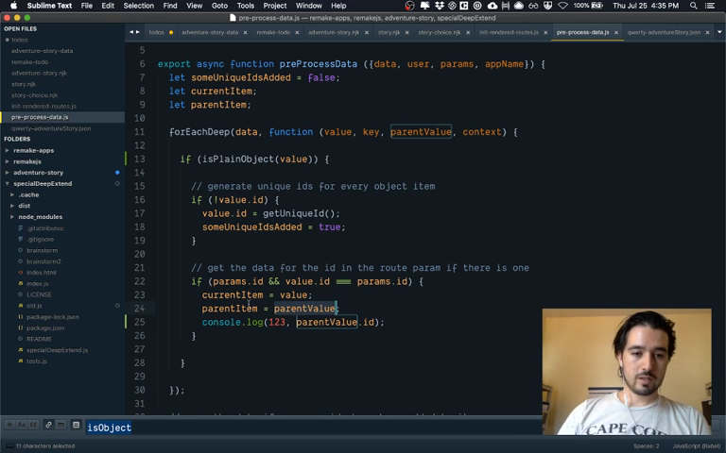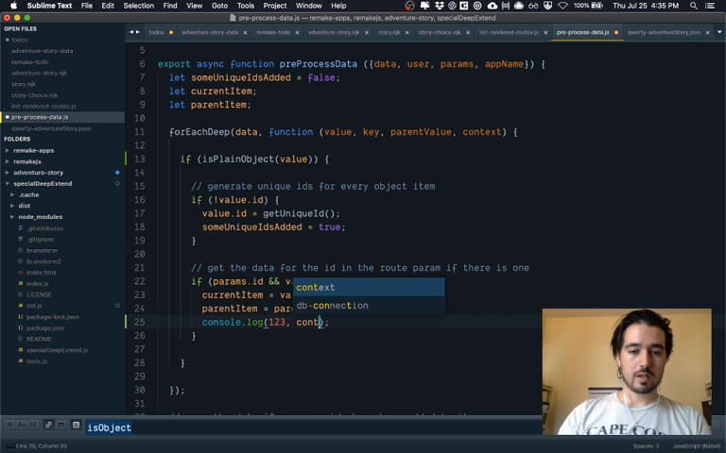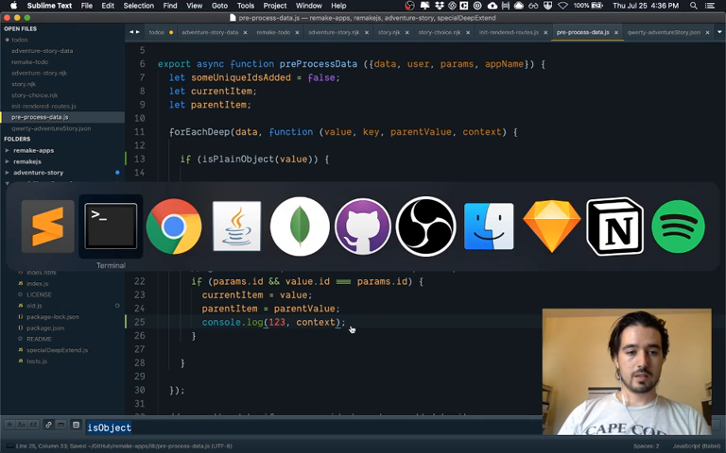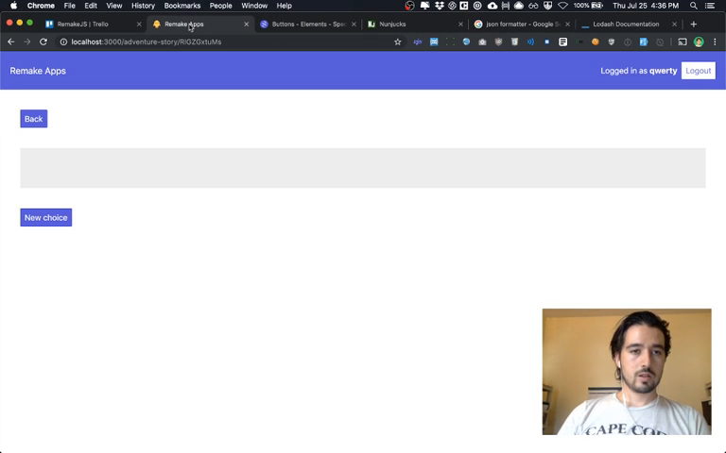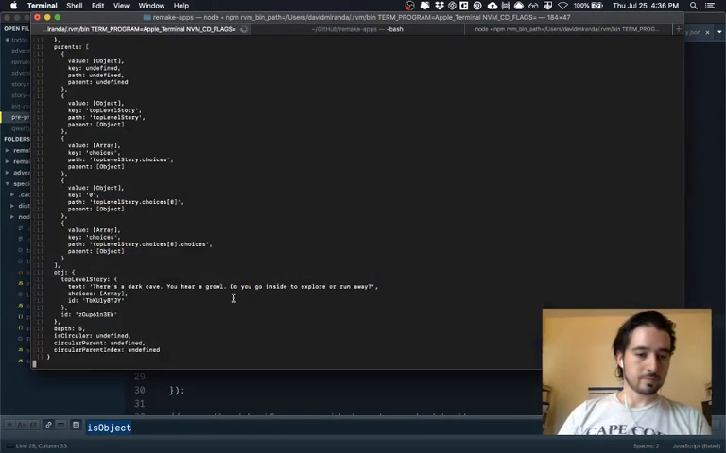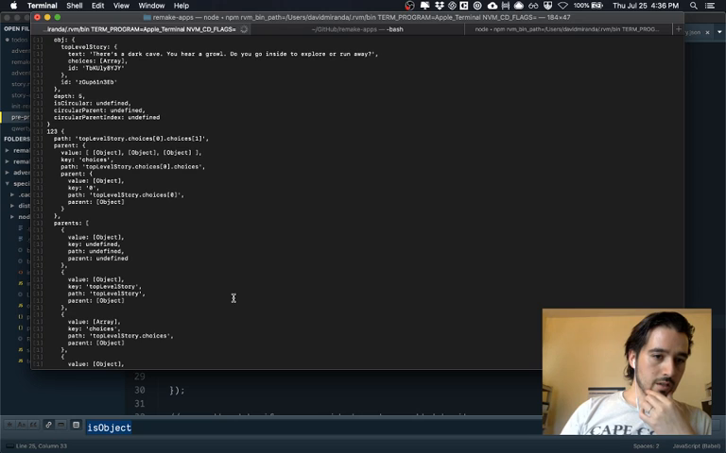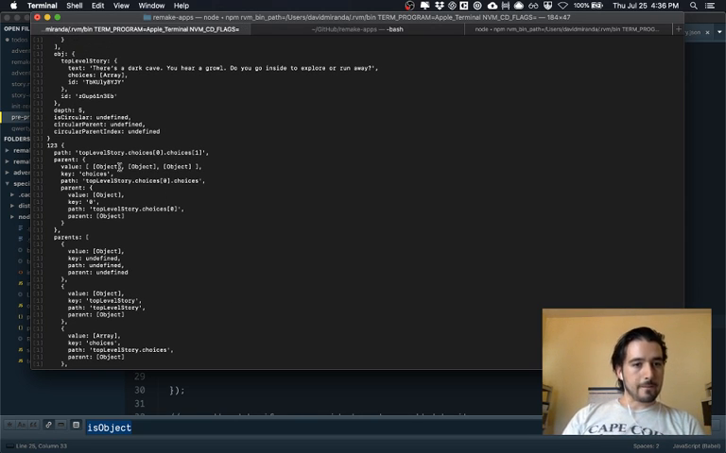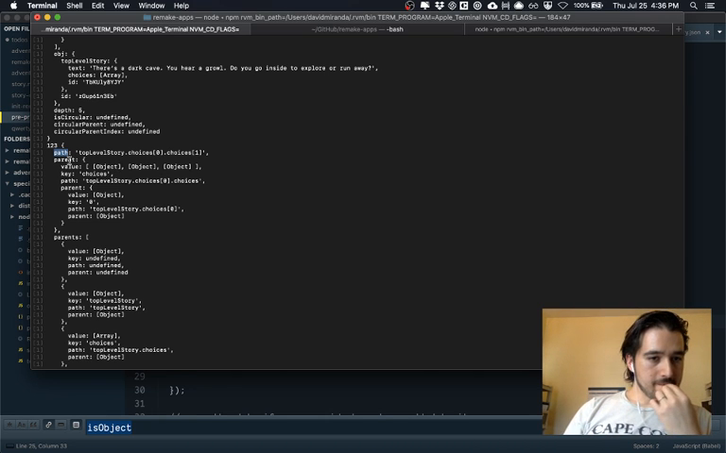So you know what I'm going to do here? Instead of console logging parent value.id, I'm going to put context in here. Let's see what we get back. So if I refresh this, oops. Okay, so now we've got path, we've got parent,